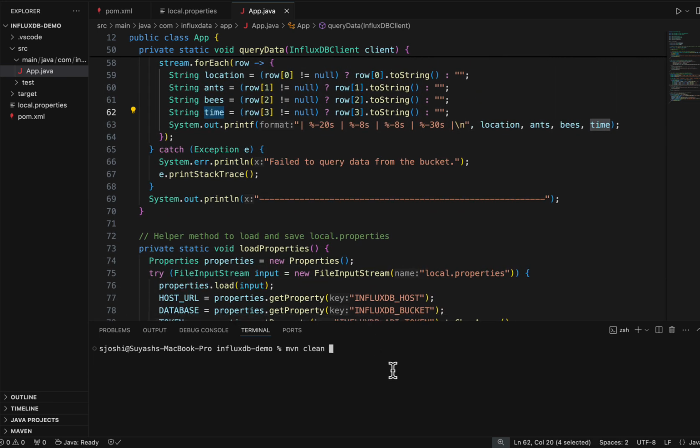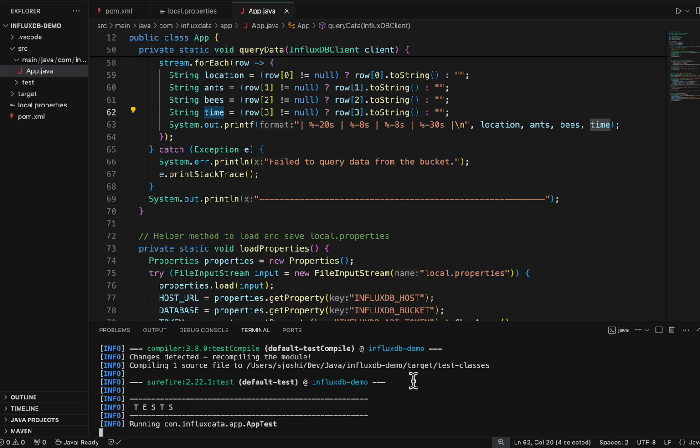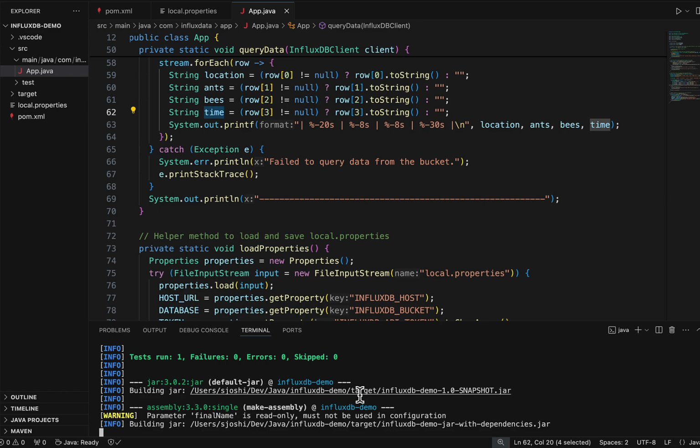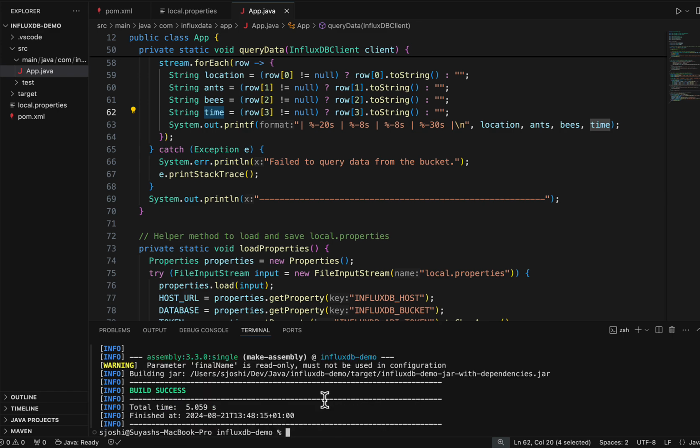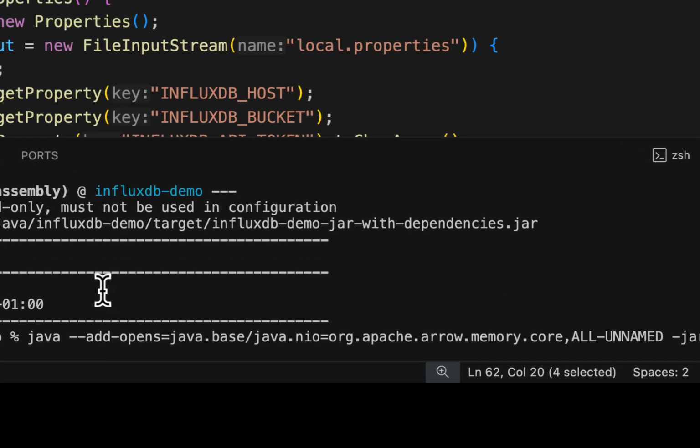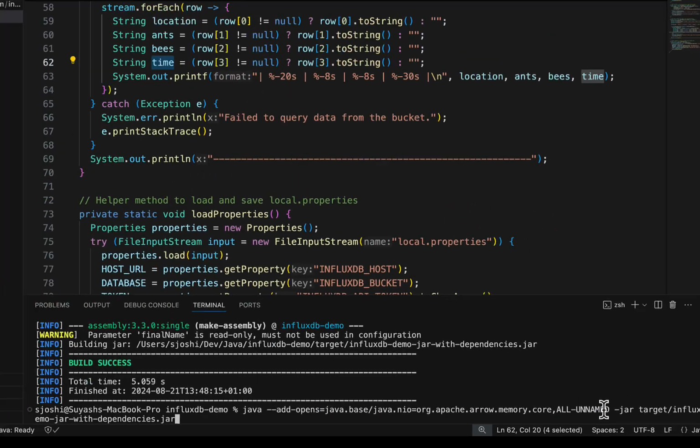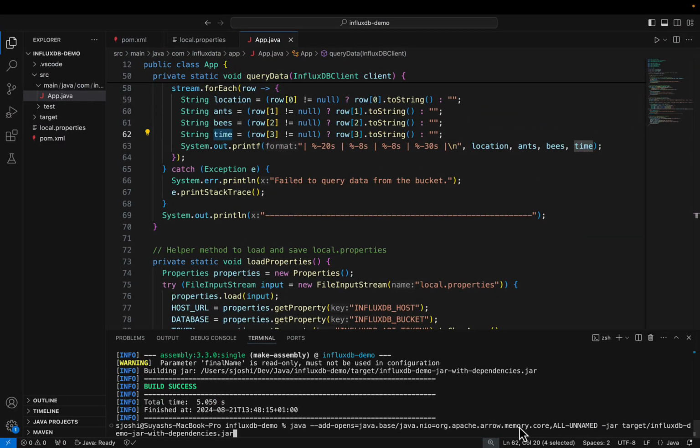I'm just going to do a Maven clean package to build it and make sure there are no errors. And looks like that went through. So I'm going to run the jar project. To do that, there is one thing you need to make sure of: you're passing in this argument. This argument is needed by the underlying framework. So instead of doing just java -jar, you want to provide this line. This is documented in our documentation as well. You just want to type this in, because it provides the right argument to the JVM. And then we have the jar file, which is in my target directory. So if I run this,